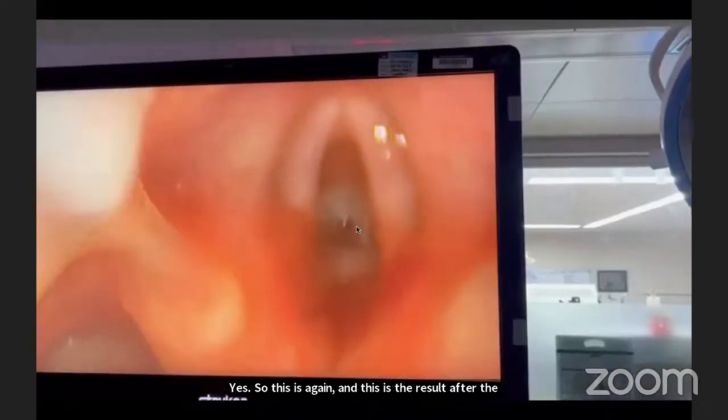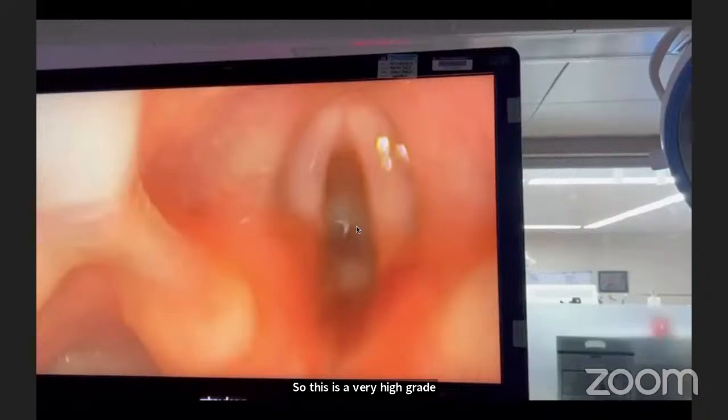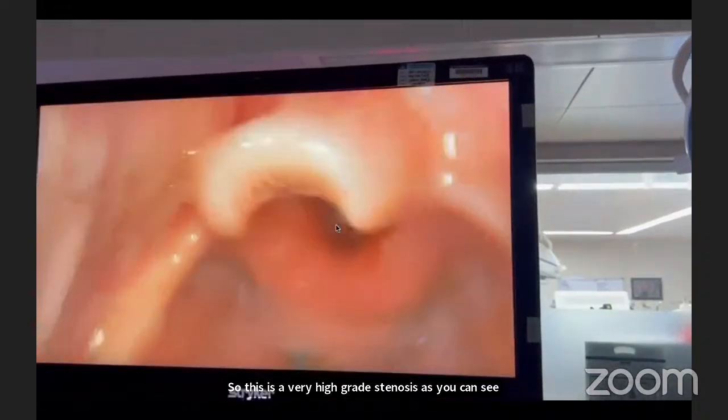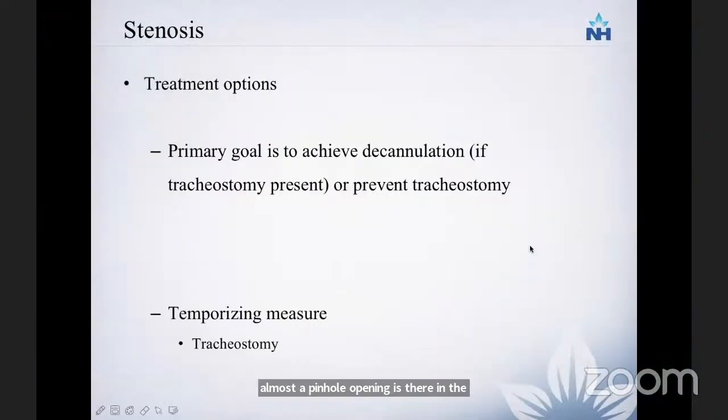So this is a very high grade stenosis. As you can see, almost a pinhole opening is there in the airway at the subglottic level. So our treatment option, the primary goal, is to achieve decannulation. If the child presents to us on tracheostomy, the primary aim is to do decannulation by